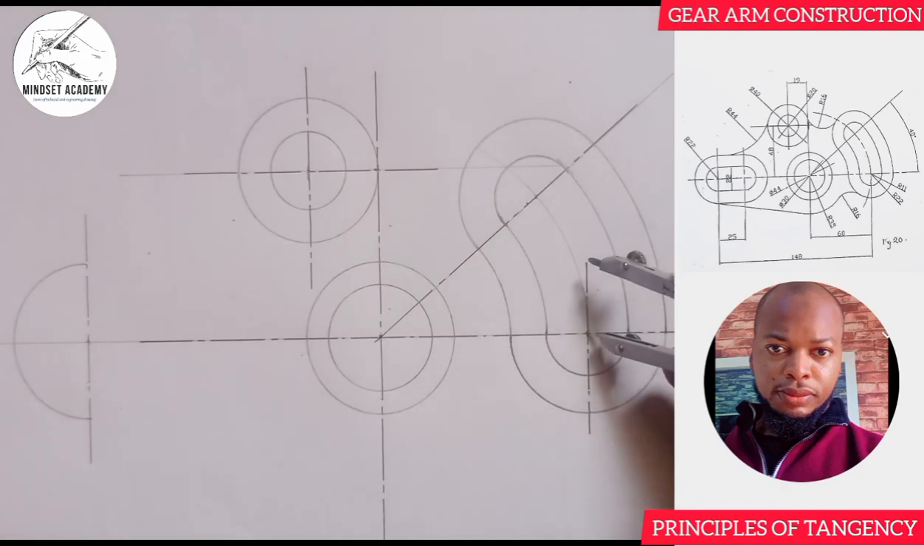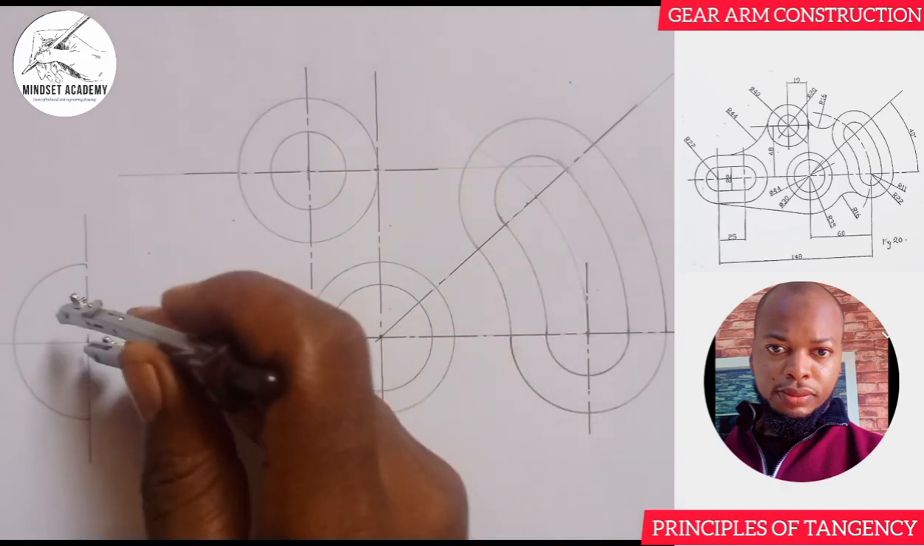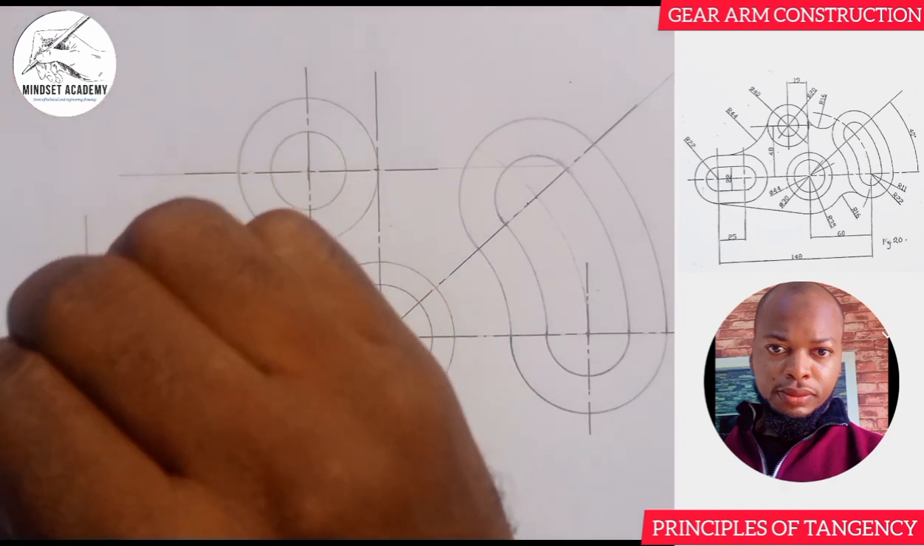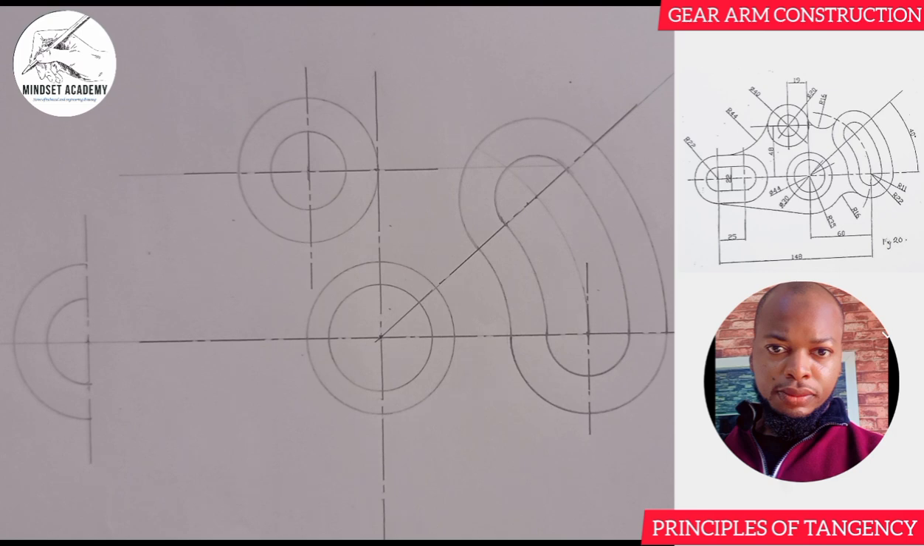You come here to 11. Come to this point too. You get here too. Can you see that? Then the next thing that you'll be doing here will be the distance between this center